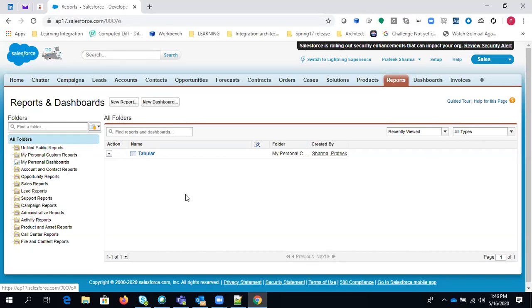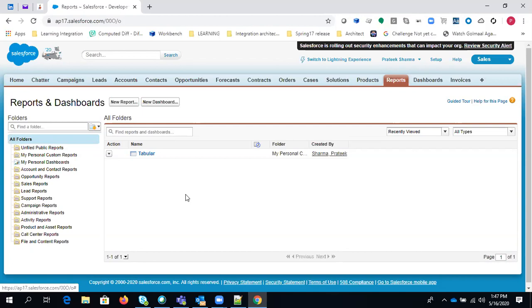If you want all the records to be displayed, then don't use the row limit. If you want to create a dashboard with the tabular report, it is compulsory to use the row limit. Otherwise, it will throw an error that the row limit is missing. But if you don't want that, then you can skip the row limit. It is only used if you have a specific business logic, like you just want the top 10 accounts to be displayed in that report, based on amount or anything, right? So you can use that row limit. And it is only important in tabular form, right?